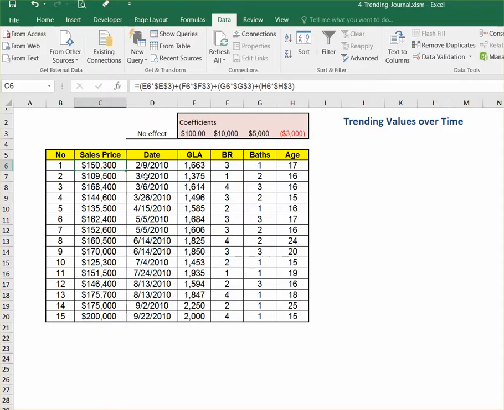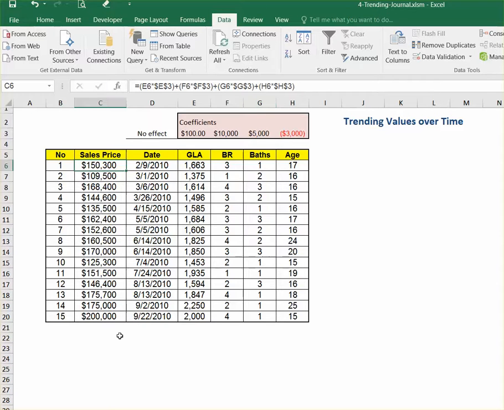So in this case, date has no effect on sales price. So by definition, that's a stable market. That's your definition of a stable market. It is when the passage of time has no effect on sales prices. So we know the answer, again, because we're doing this as research, we know the answer that it's a stable